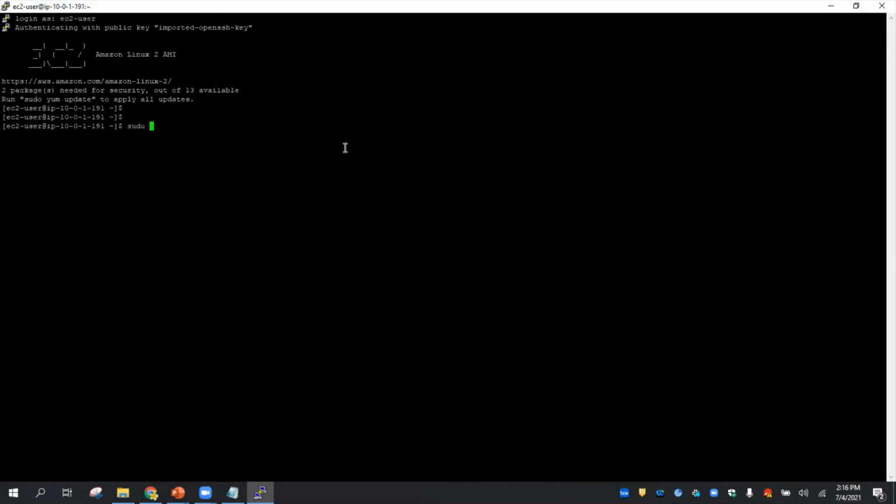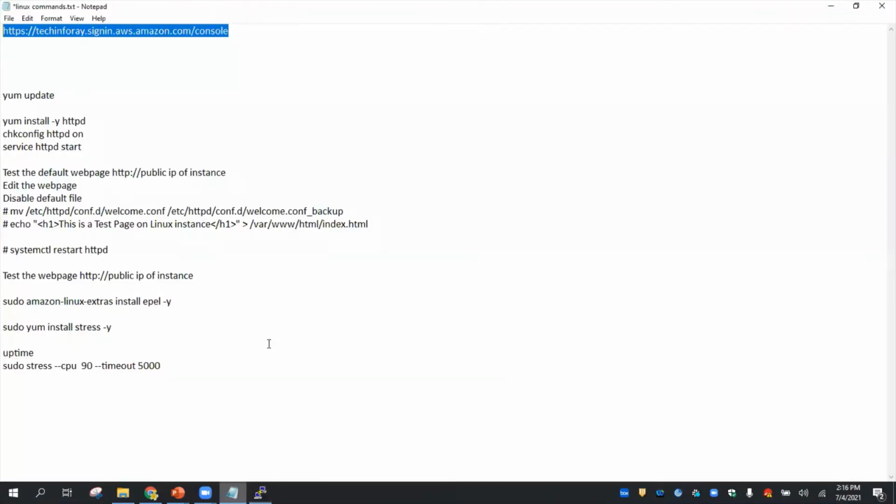Let's get into sudo super user and quickly install. Okay, I am already in sudo. Here are some commands. Let's first update our machine.